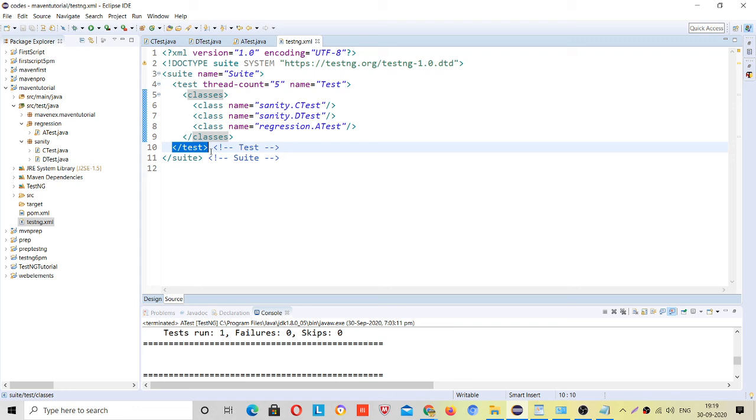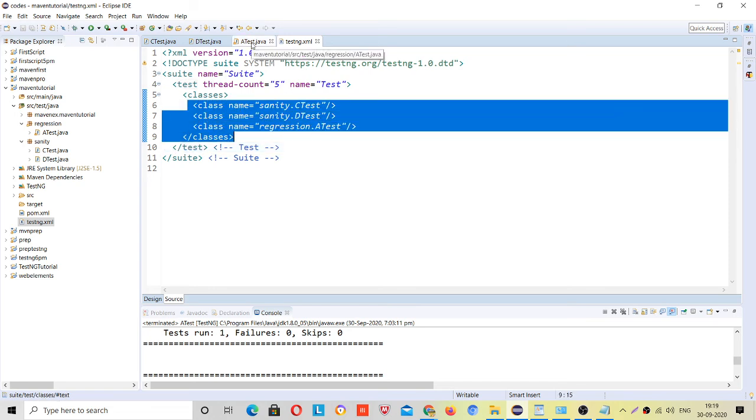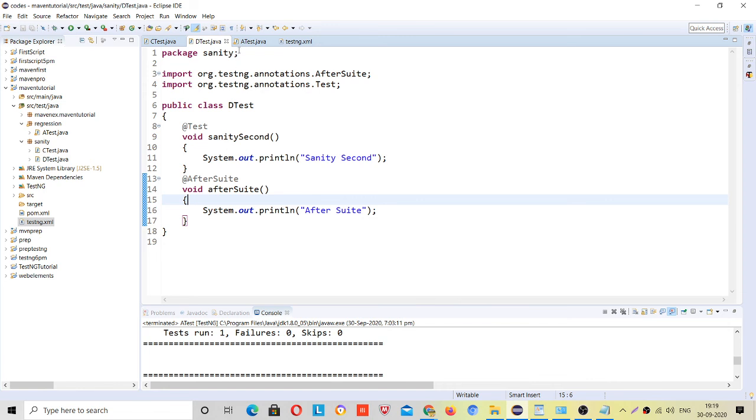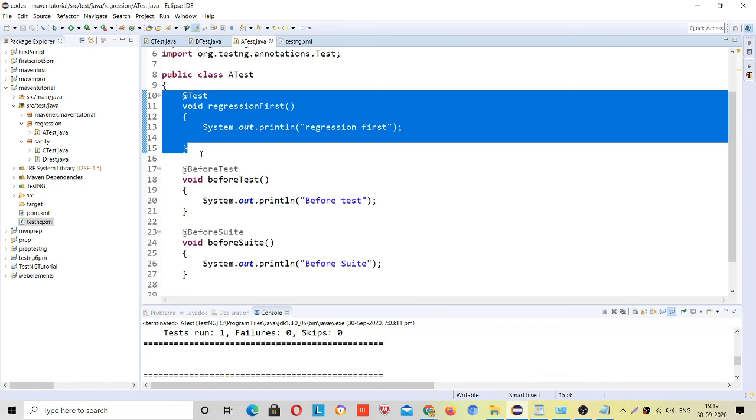After that comes after test. Keep it as after test. After test will be running, looking inside all of these attached classes for any after test. If all three classes had after test, it would run in alphabetical order, but after test is only in C test, right?